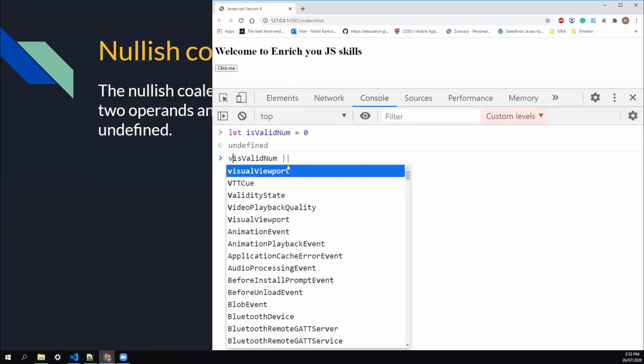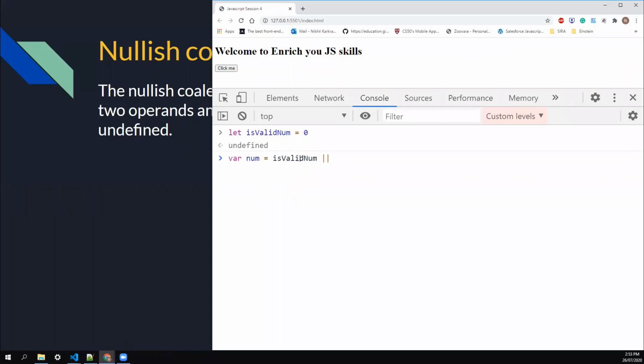I'll say where num equal to, if is valid num is available, then use that num, otherwise assign 100. And now if I hit enter and print num, it's printing 100. But for me, 0 is a valid number. I want 0 to be assigned to the number. It's happening because I already said OR operator check whether this value is truthy or not, and 0 is by default a falsy number. So here it false, and in programming it breaks our logic and introduce some syntax or